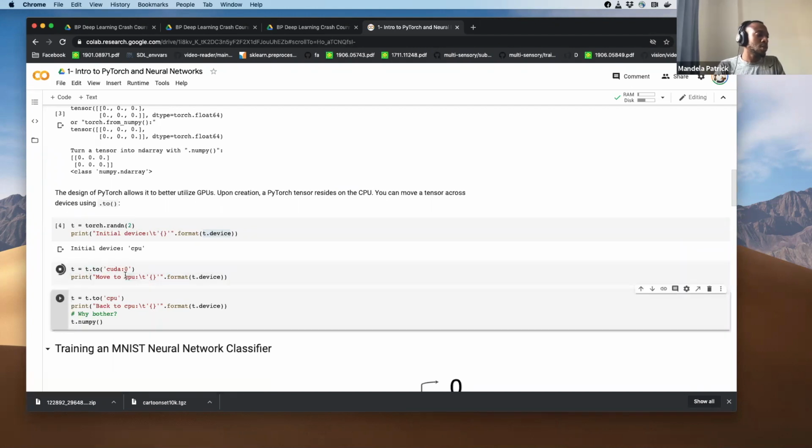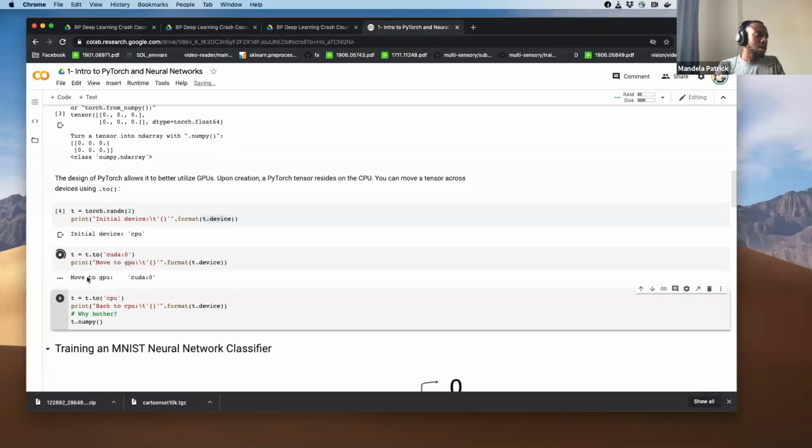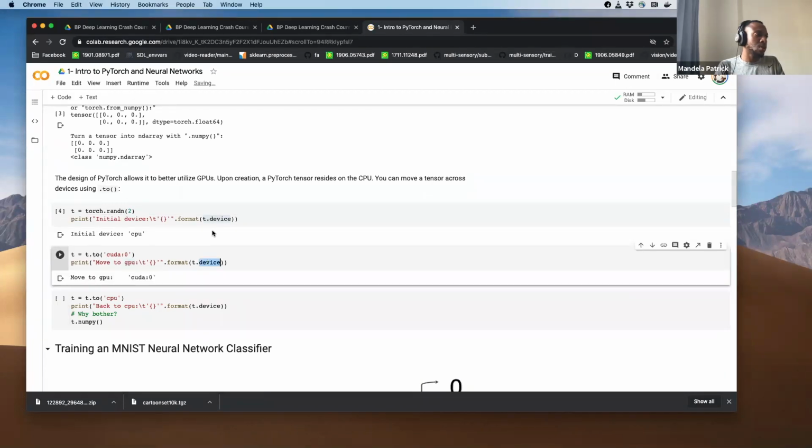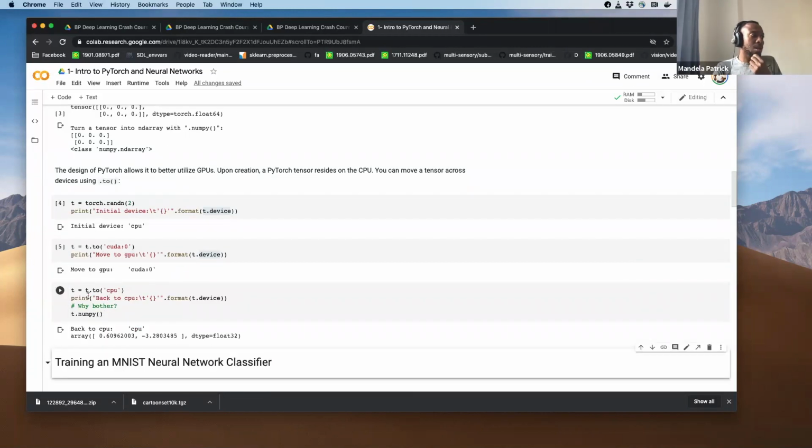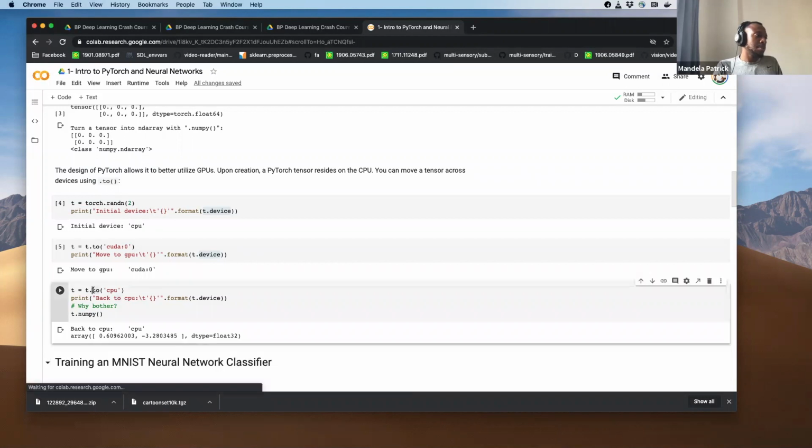And then once we print the device of t, since we've moved it to GPU, it has device CUDA. And then if we move it back to CPU, we can by using the same convenient to function, and now it's back on CPU.